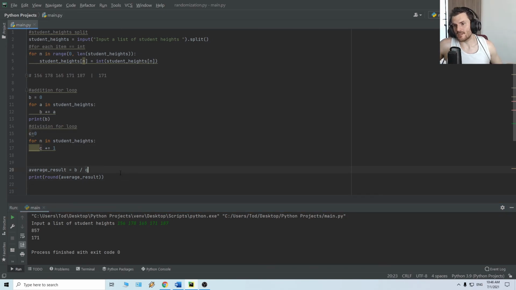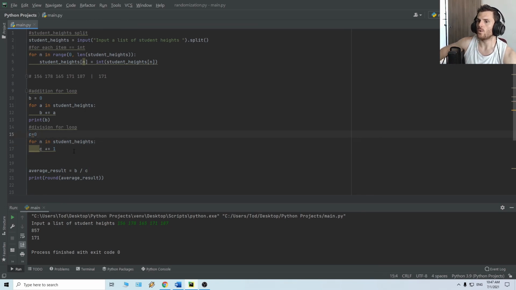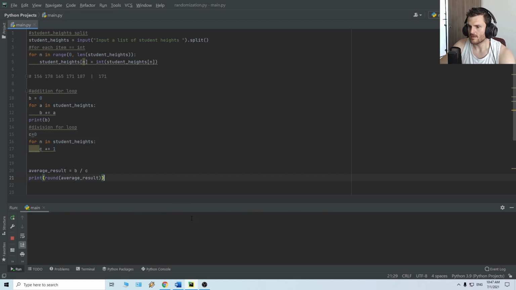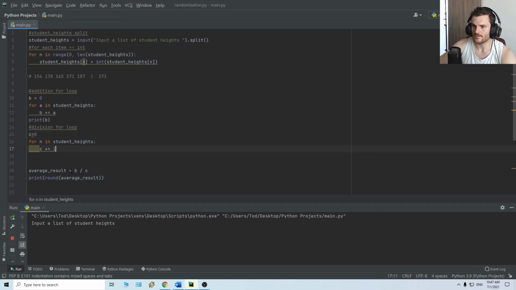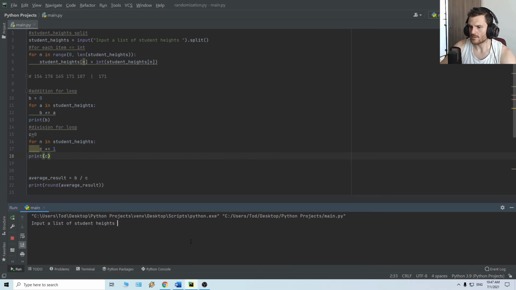Okay, so I have to practice with for loops. For each item in student heights, which is a list, so for each input in the list, take the C variable, which is 0, and just add 1. So if, for example, we input 3 numbers,